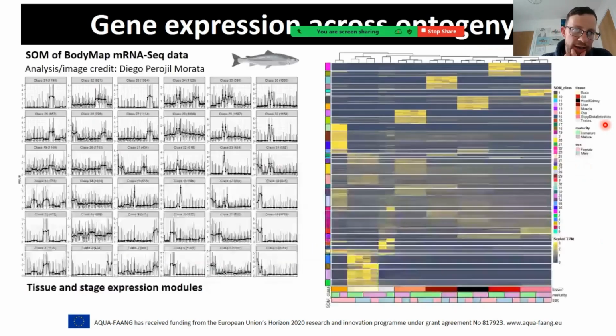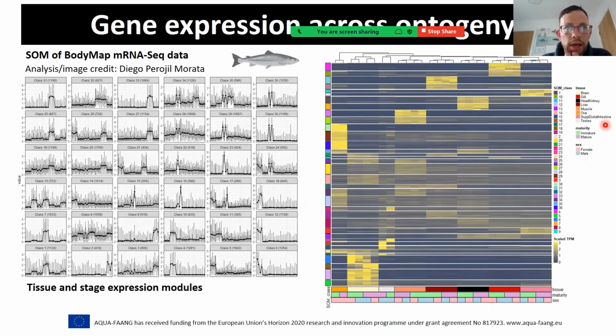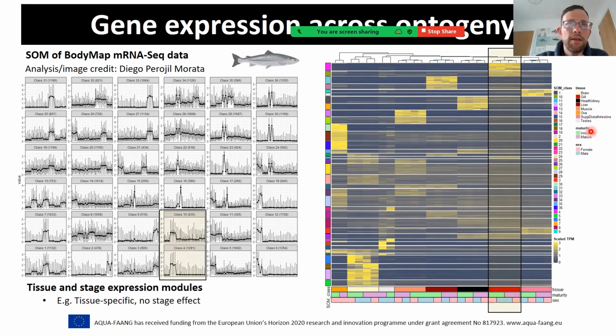So this slide then shows a busier SOM analysis for the body map data for Atlantic salmon. And we have a very similar map for rainbow trout, which nicely organizes the data set into modules of gene expression across tissues and stages and sexes. I won't go into great detail, but just to highlight a couple of examples to illustrate the value of this method, we can